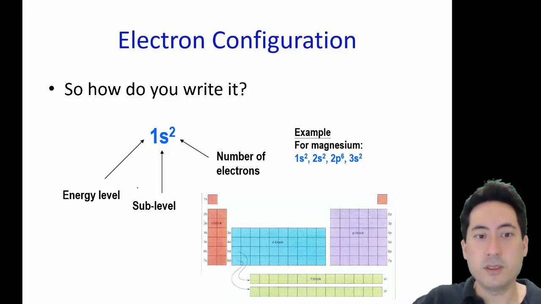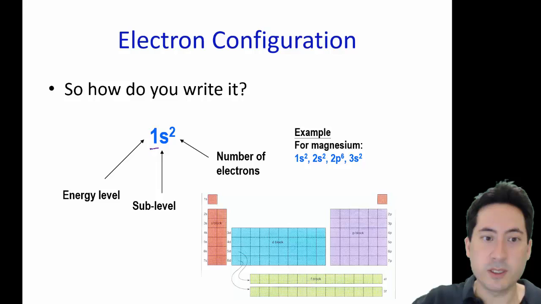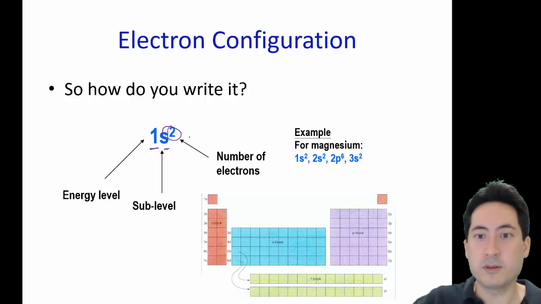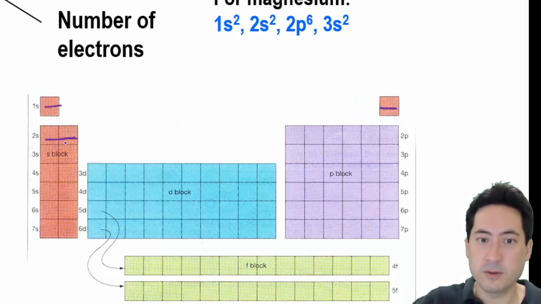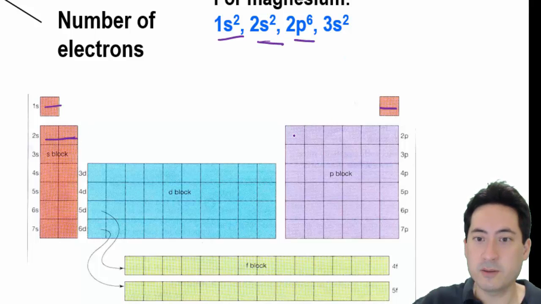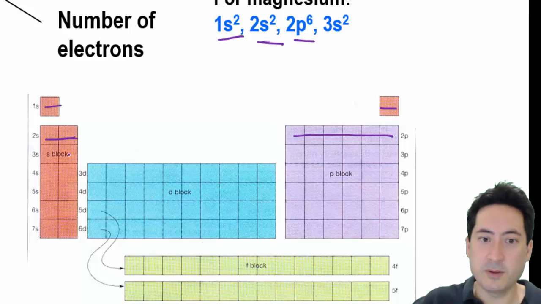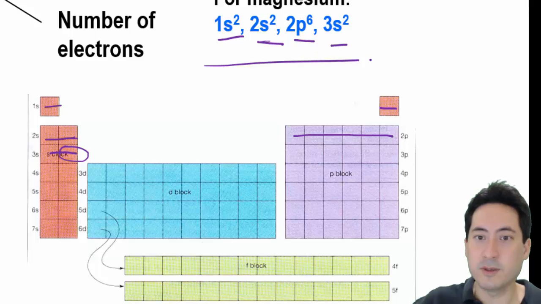So what we do is the first number here is the principal energy level, the second letter here is the sublevel, and the little superscript here is the number of electrons. So here we have magnesium, so we've got 1s2, 2s2, so that's two electrons here, 1, 2, 3, 4 electrons, then we've got the 2p6, 1, 2, 3, 4, 5, 6, and then we've got the 3s2, so that's where magnesium is,